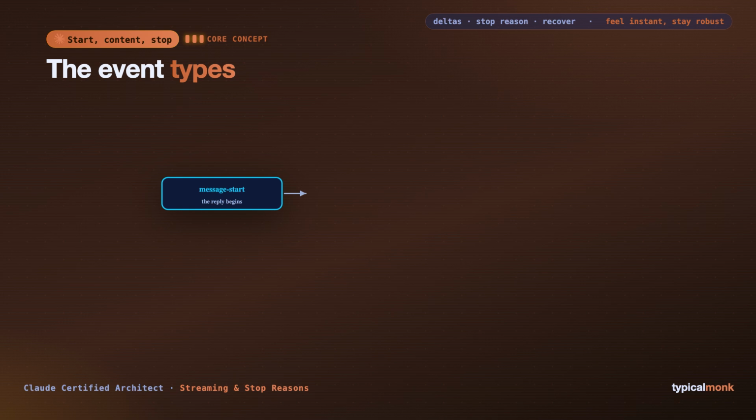First comes a message start event. This signals that the reply is beginning. It arrives before any text and lets your code set up: clear the display, show a cursor, get ready to receive content. Then,